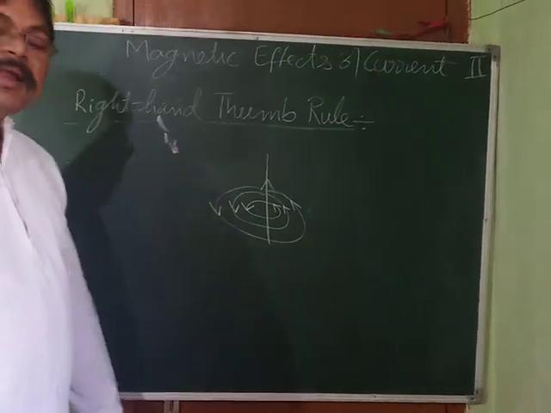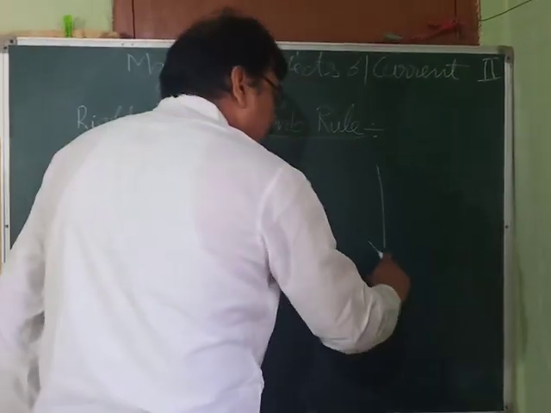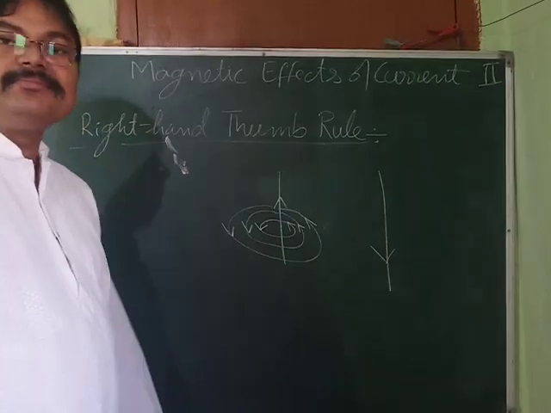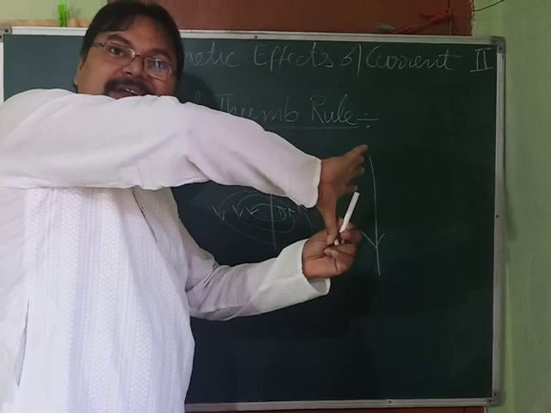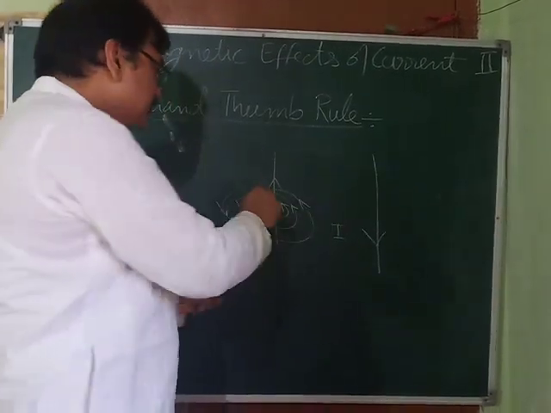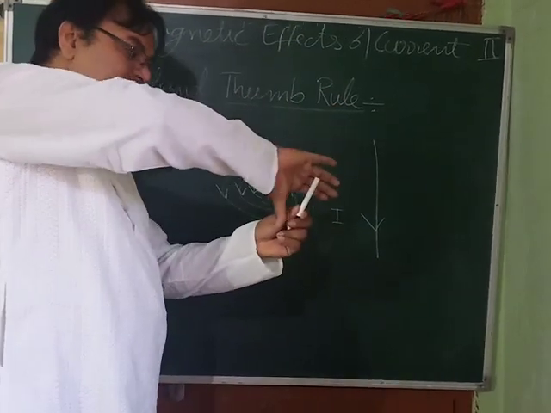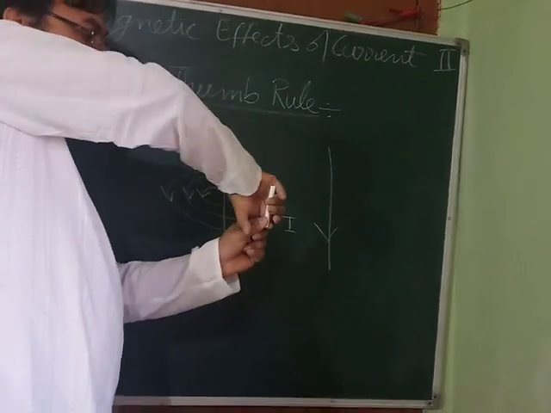Okay. Now, if the direction of current is reversed in the wire, suppose the wire is carrying current in the downward direction, then what will happen? Let's see. You are going to hold it like this, because the thumb should be in the direction of current. This is I. So when the thumb is in the direction of current, our fingers are going first backward and then coming ahead.